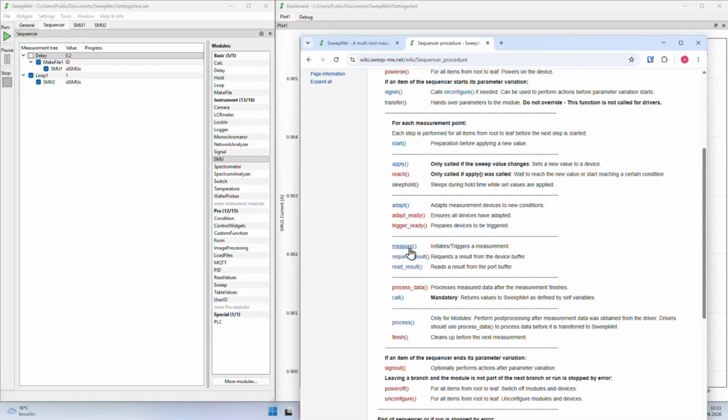Then there comes this measure phase, where we initiate the measurement or the acquisition of a data set. Then we can request the result, read the result, process the data, and bring it back to SweepMe. These functions are typically used in the driver, but they are also available in the modules. Typically, as a user, you don't have access to these functions on the module level. This is what we do. But to give you a basic understanding, these modules are running through these functions